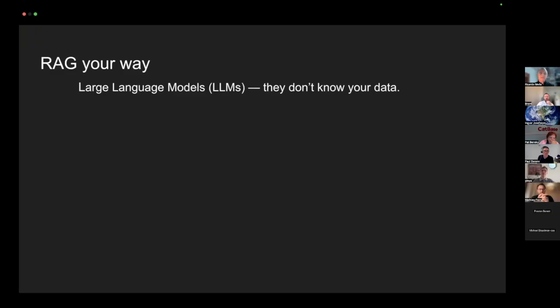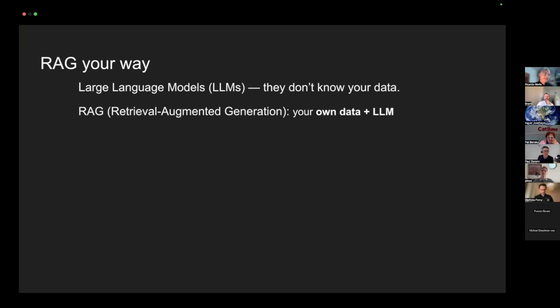Large language models, they don't know your data. We saw that in the first presentation as well, but you guys are familiar with that now. A RAG. We start to hear that word, RAG. What's that? It's retrieval augmented generation. The only thing that you need to think about is that, oh, I add my data to the LLM. It's just you are bringing your data to the equation. And that's why it's so powerful.